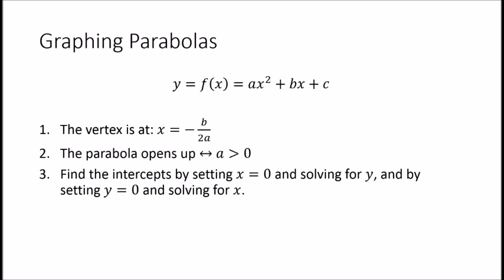When you're ready to actually graph the parabola, you would plug in x equals 0 to find the y-intercept, plug in y equals 0 to find the x-intercept, or use any of the root methods to find the roots. Plot those points, plot the vertex, and use your knowledge of the second derivative, or that coefficient a, to decide whether the parabola should open up or open down. And with that, we are done with